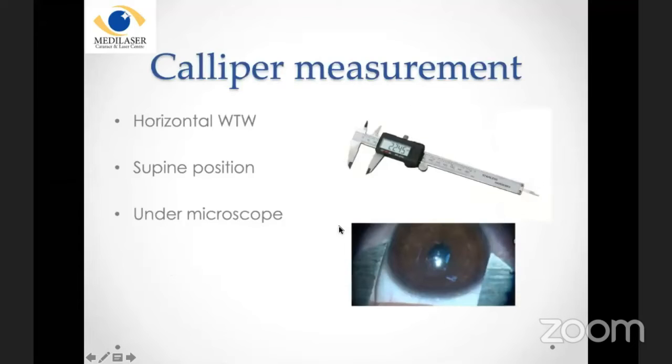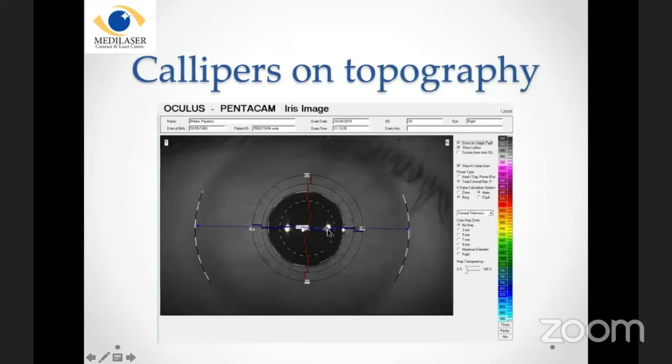So the ideal measurement usually recommended is a digital caliper, wherein it should be done with the patient in the horizontal supine position in the operation theater under topical anesthesia, using a wire speculum, and this is how the prongs of the digital caliper would look. At least 3 readings per eye, wherein we are placing the tip of the caliper here. As you can see in this image here, it's white to white. It's not black to black. Okay, so it should just be at the edge of the limbus, just outside. And if it's possible, 2 observers can take readings so that we get accurate measurements for sizing.